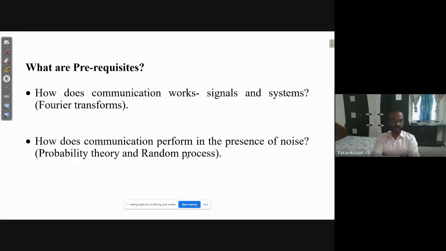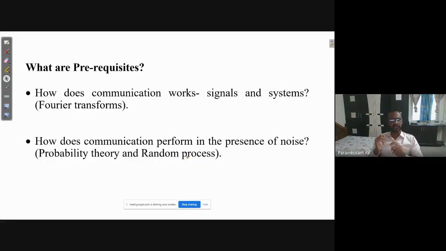You have an analog signal in your hand, and that analog signal is transmitted, that is communicated. How is it possible? By modulating, and demodulation is performed in the receiver and modulation is performed in the transmitter, and so many operations are performed. To study all this, you need knowledge of Fourier transforms, that is signals and systems. So if you have a good idea of the subject signals and systems, then you can go to this subject. So the prerequisite for this one is Fourier transforms, that is signals and systems.